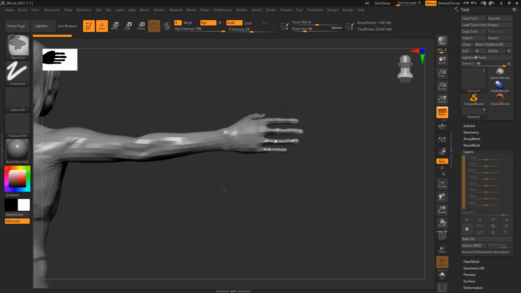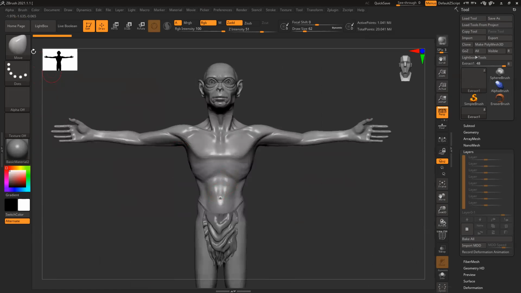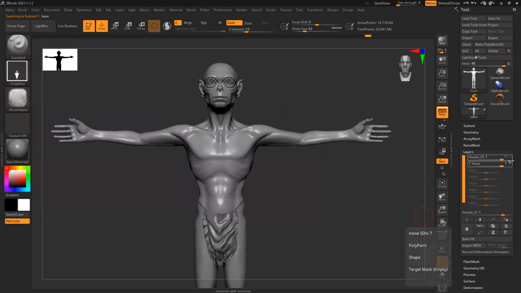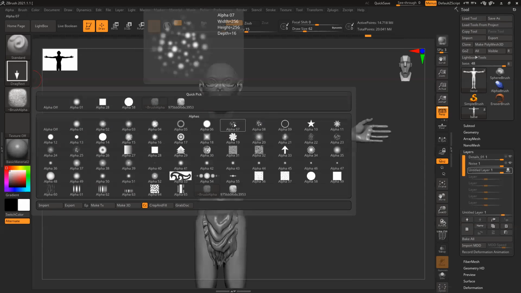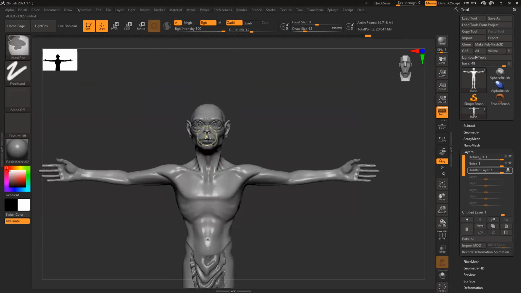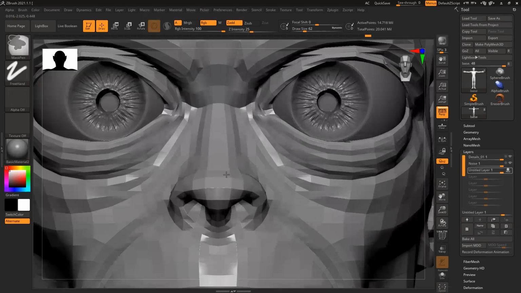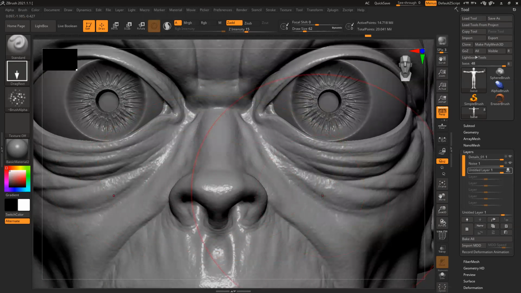And this is something we can do with the help of basic brushes, which are available within ZBrush. Let's suppose I want to add those details. So let's keep it on a new layer, and I want to add those dots. I can do it very easily with these basic brushes available within ZBrush. But it's a lot of manual labor, the exact same thing. You can create